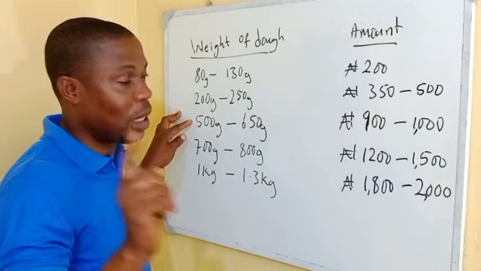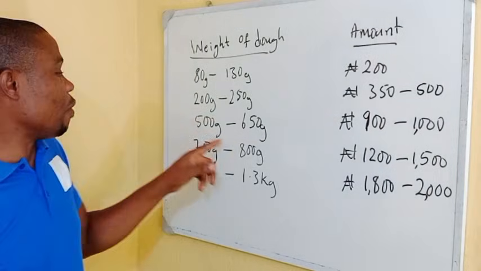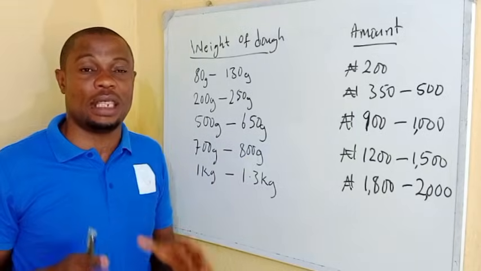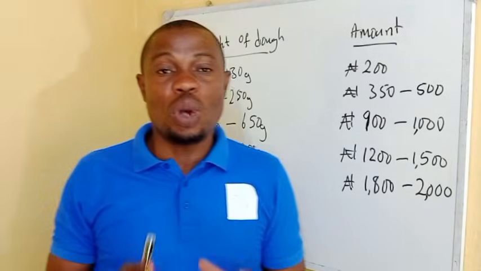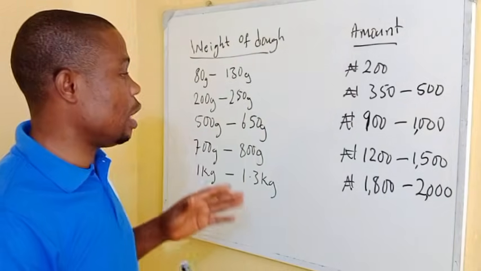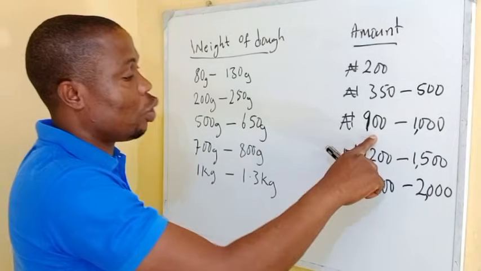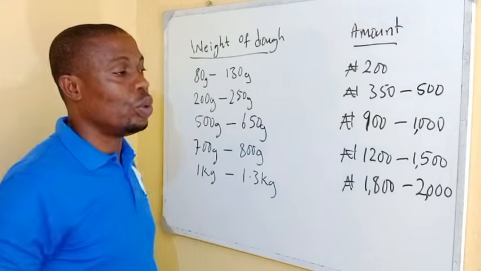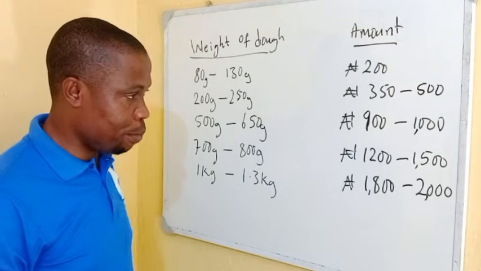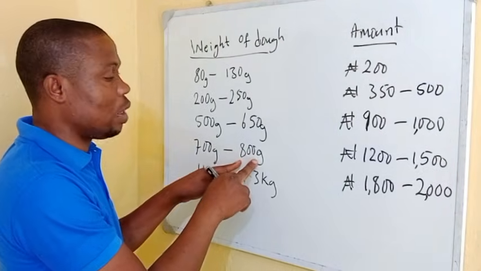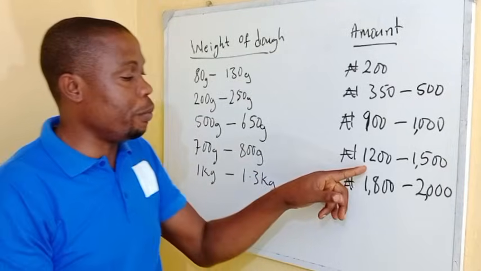Now this range is sliced bread. This is where sliced bread falls, between 500 to 650 or between 700 to 800, depending on where you are supplying. And now you can see the price. If you weigh between 500 to 650 grams, the price should be between 900 to 1000 naira. If you weigh your dough between 700 to 800 grams, the price should be between